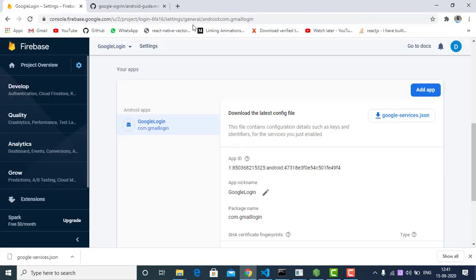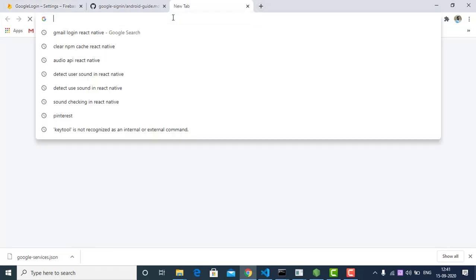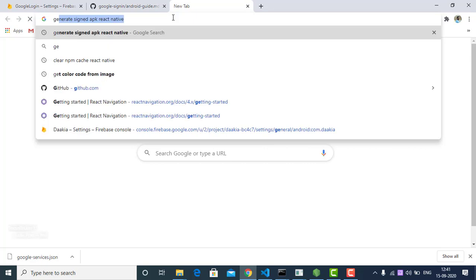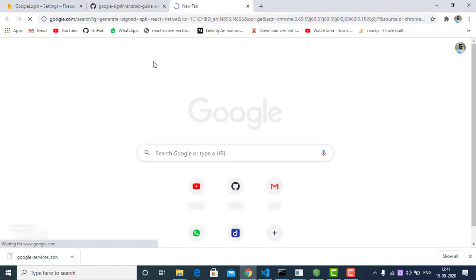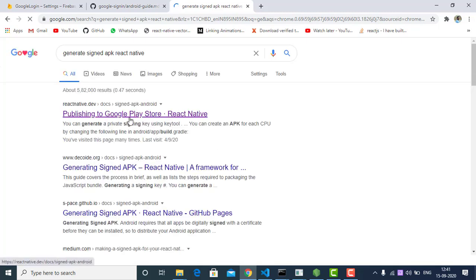So we are going to generate a keystore file. For that you have to search generate signed APK React Native. Then we will go to the React Native official site, reactnative.dev.